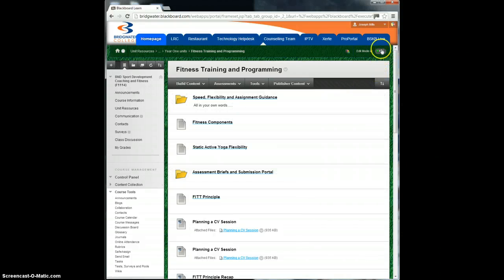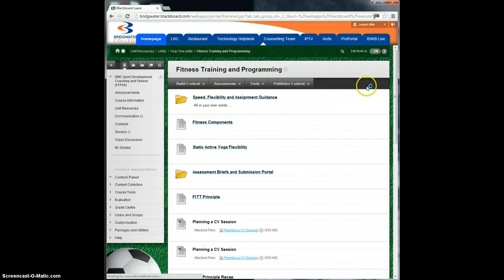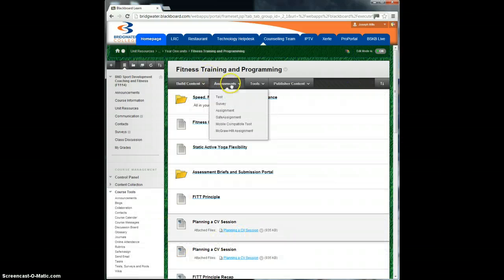So students, as you notice here, will only have a limited view, where I have much more options where I can start to change things around. So if I was going to add an assessment, there are 2 types of assessments that I tend to use, which is safe assignment, which I mentioned before, where students can upload their assignments. It can be checked for plagiarism, so on and so forth,